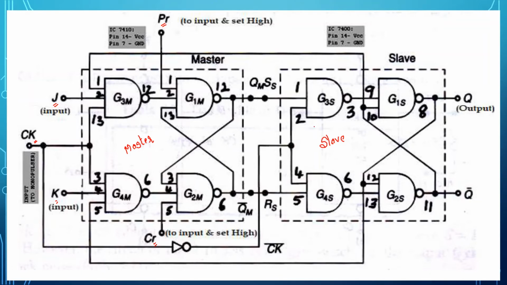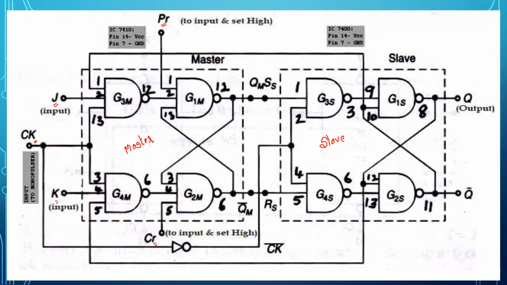With respect to this, I need to rig up the circuit. You can see here numbers 1, 2, 13, 12. I told you this numbering is pretty important for us because we need to number the ICs when I am rigging the circuit. So the numbers have already been given to you people. So J and K are input and you give the clock input and you see the output. The truth table what is given there should be verified with respect to the circuit what you are going to rig up. And you can see one NOT gate that is connected here.